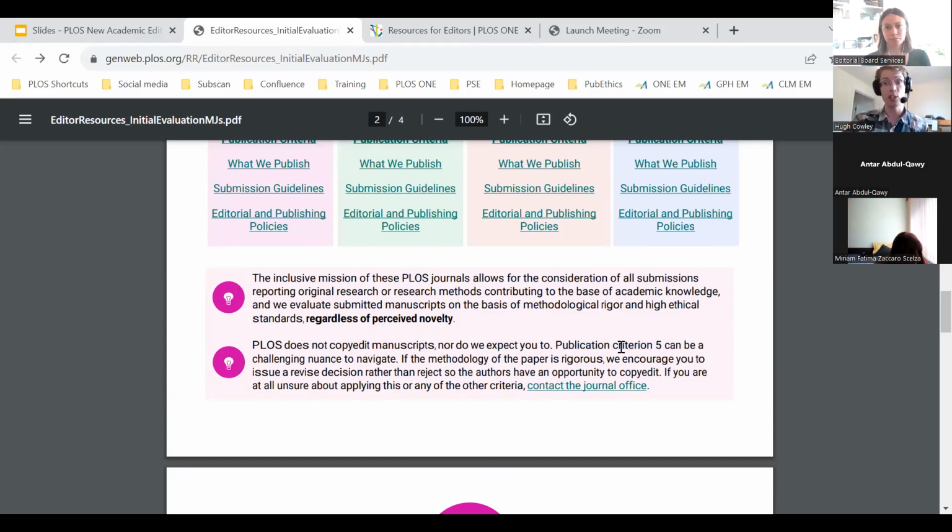If you find that the work is methodologically sound and there are no other concerns regarding our publication requirements, we encourage you, if language quality is your only concern, to issue a revise decision for the authors to address this. Essentially on the principle that if no more experimental work is needed, if no more scientific changes to the manuscript are needed, and it's just a question of language quality, that's almost always addressable. So that's the general principle we follow for this.